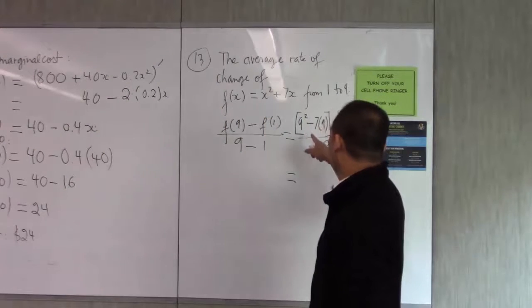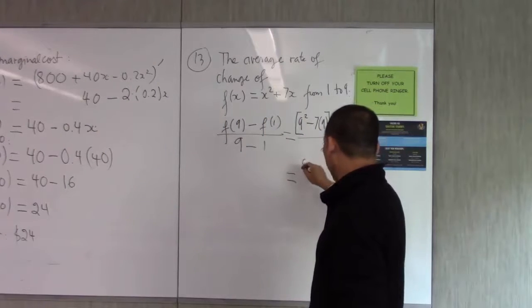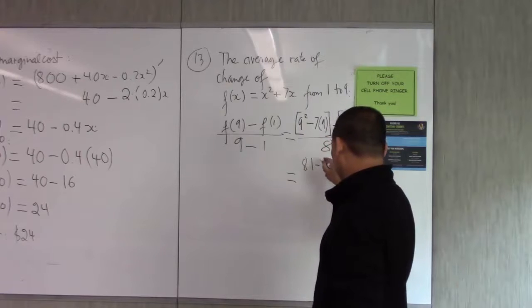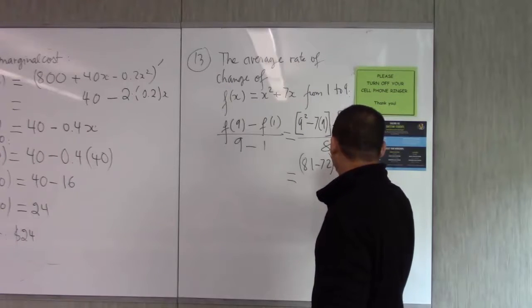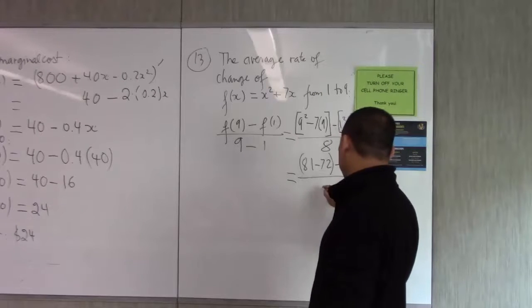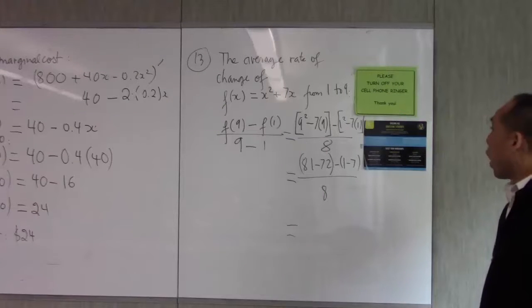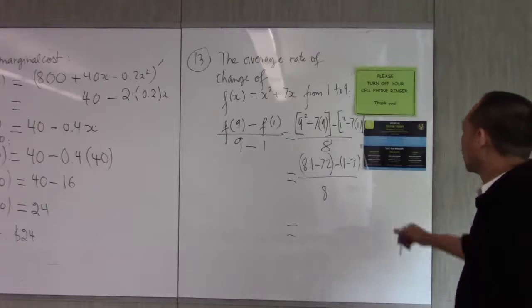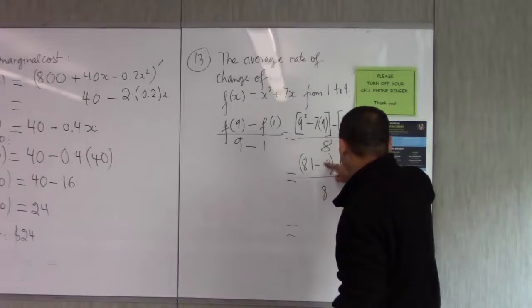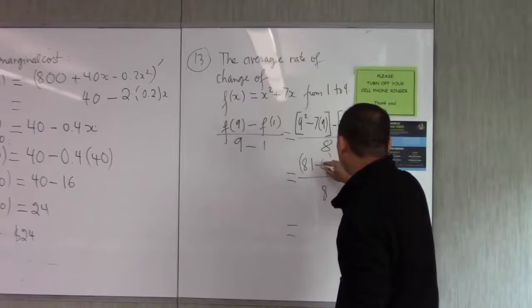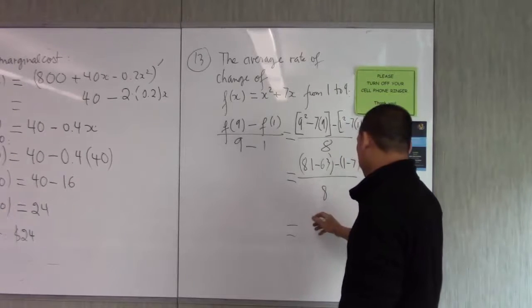So this is 81 minus 72, that number, minus 1 minus 7, all over 8. Wait, 7 times 9 is 63. Oh, 63, yeah. So what you have here is